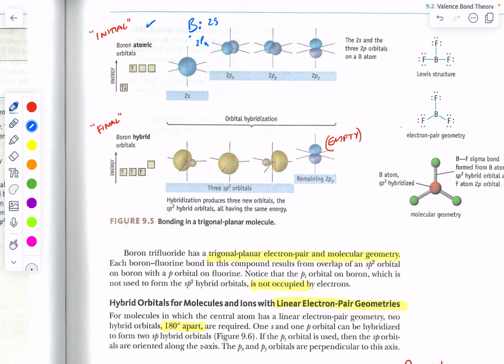But that leaves us 2 open orbitals, so if we hybridize and stick an electron up here